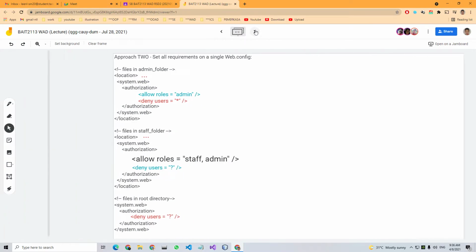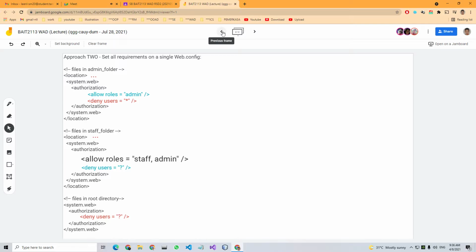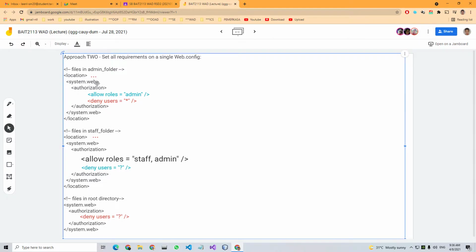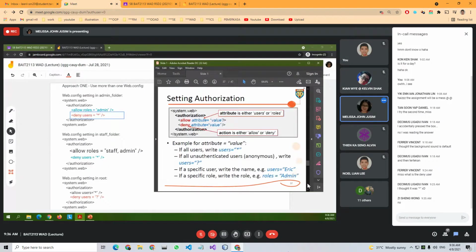Oh, okay. Farah asks, what is deny user? Deny means you do not allow access. Okay, that one, because Farah, you were absent, right? To deal with the authorization of our users, if you want to mention that it's for all users, you use asterisk.